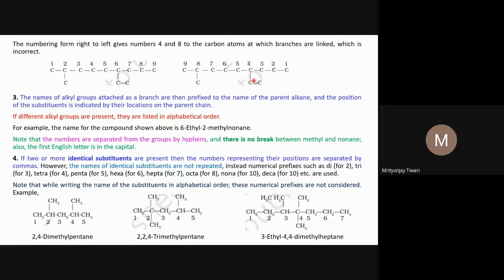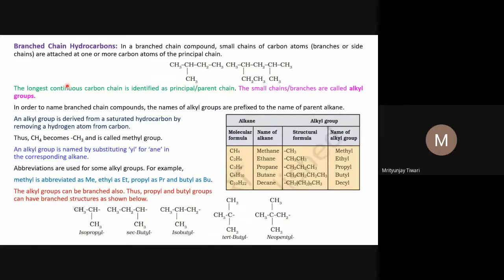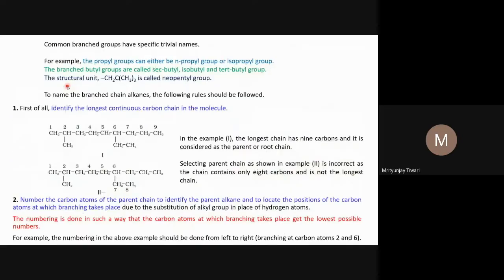If substituents are there, we'll follow the numbering in the direction so that the substituents get the lowest possible numbers. The third rule is that the names of alkyl groups attached as a branch are then prefixed to the name of the parent alkane. And whatever these alkyl groups are, what we have seen for the straight chain in the naming of straight chain hydrocarbons,